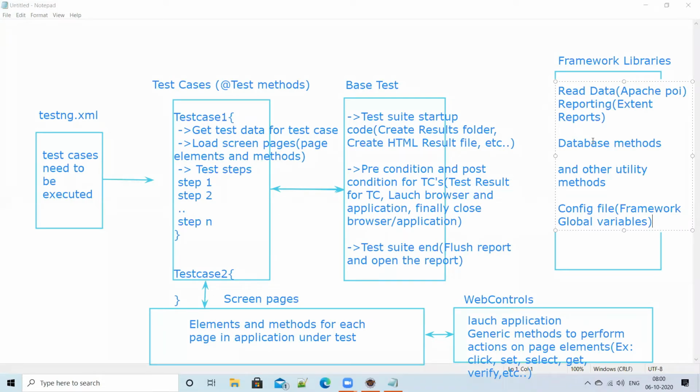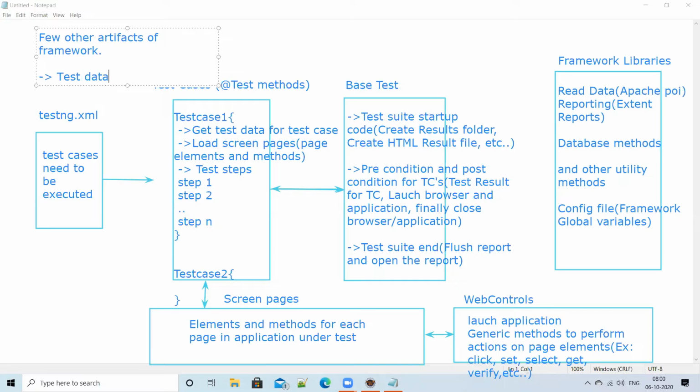What other artifacts of the framework do we have? One, the data folder.